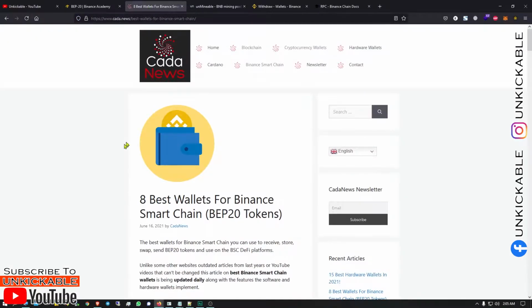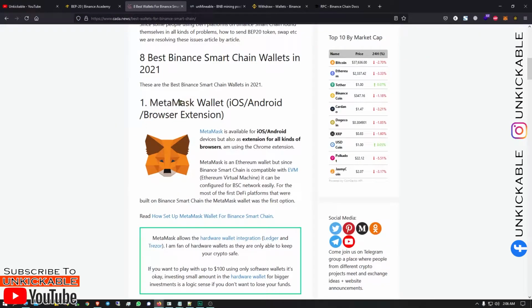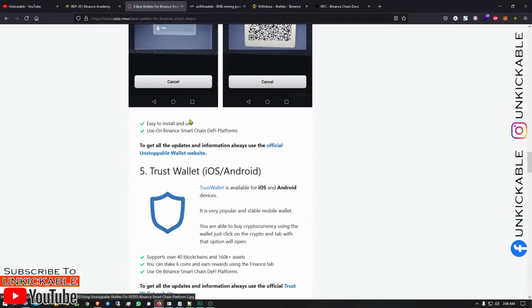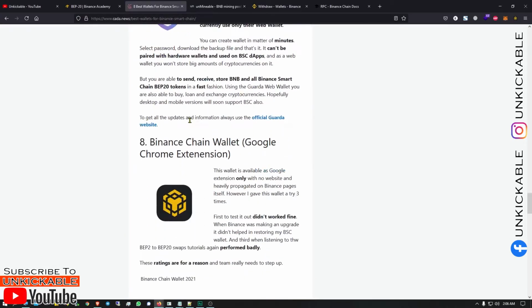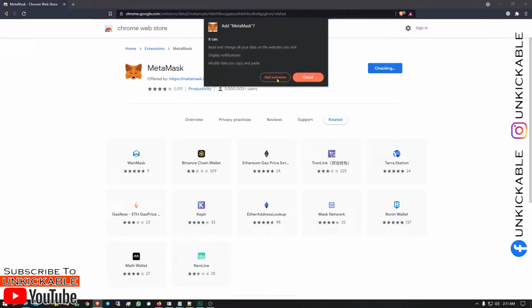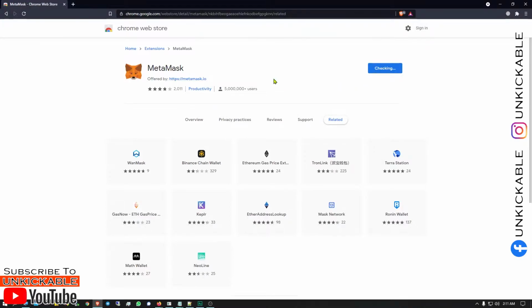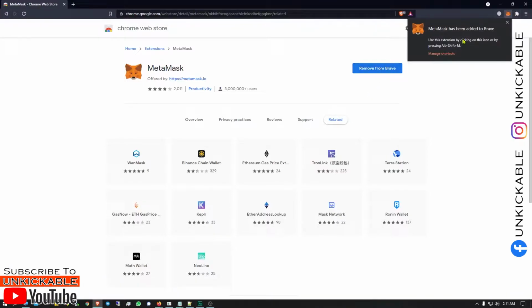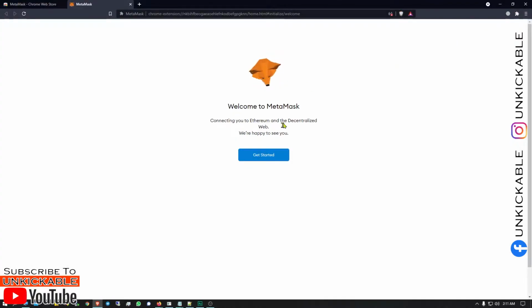Over here you can find a few of the wallets. MetaMask is one of them. That is the one which I am using right now, and we have many more wallets. You can find all these wallets over here. So you can search in your browser for MetaMask, and you are going to get an extension for your browser. Click on add, click on add extension, and there you go. It is installing, and it has already been installed, and it is going to give a new window.